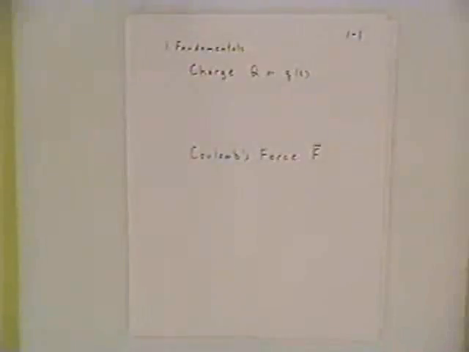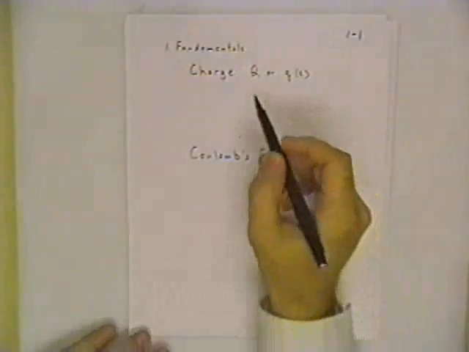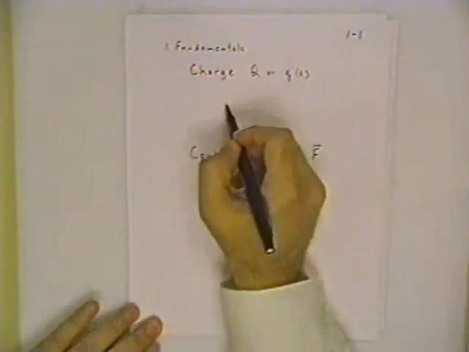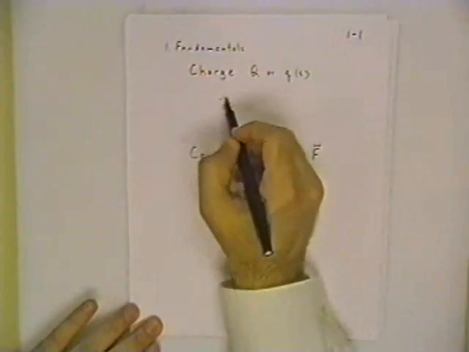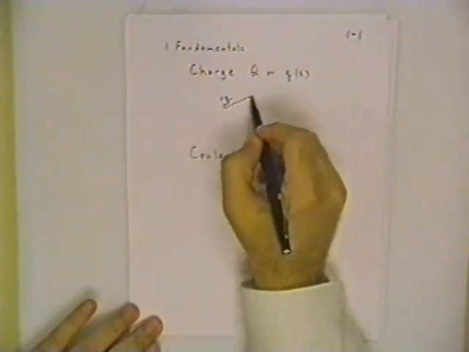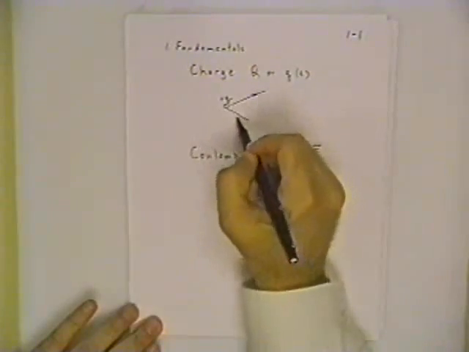So to start off with, I want to review some things that you probably already know about from basic physics. You knew about these before you went into your first circuits course. And that was the fact that charge is a property of matter. And so if you have an isolated charge, and say this has positive Q value, radiating out from that charge are electric field lines,